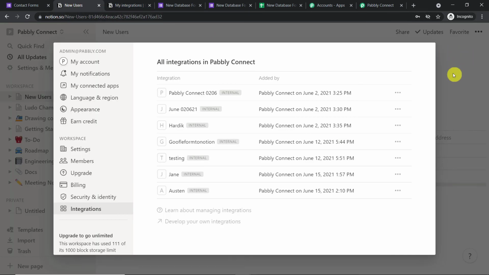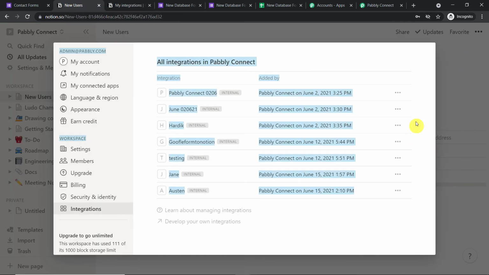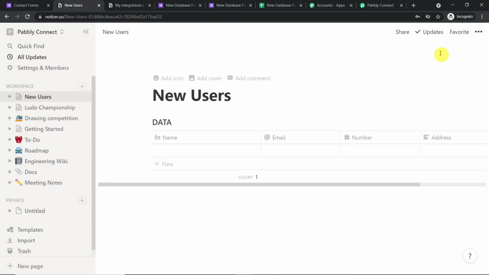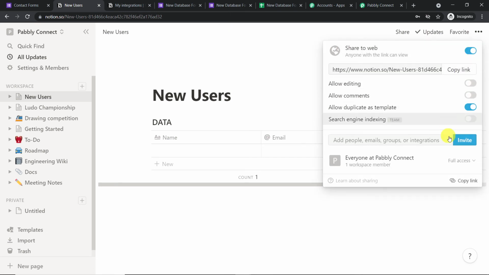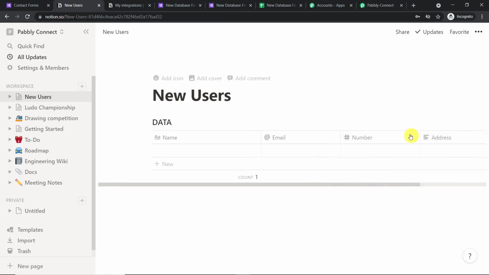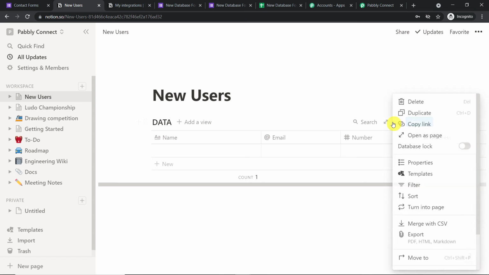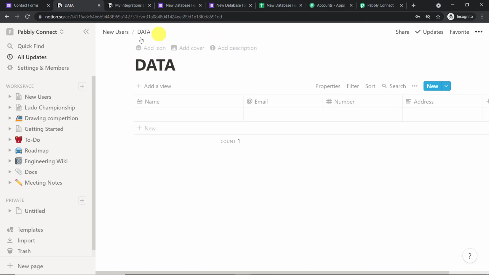Okay, new users, there is another way you can get the token: you just click on these three horizontal dots and click on copy internal integration token, but we have already copied it, so we don't have to worry. Now what's next? We are just going to click on share, toggle this to the right, and here we have to invite. Now before we click on invite, there are some things I have to do. You just click here and click on open as a page. Okay, so this is a new page that we have created for this particular data fields.